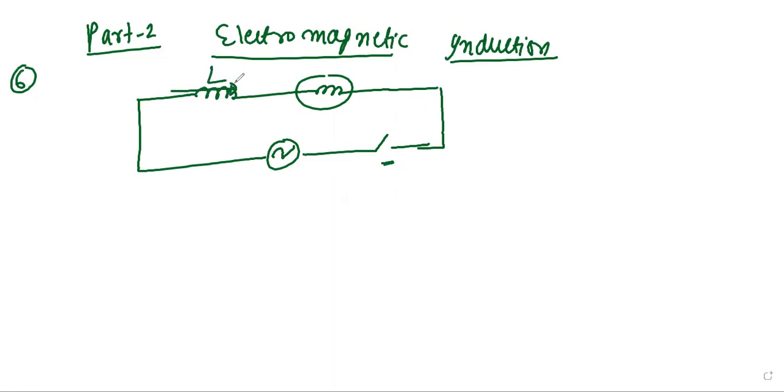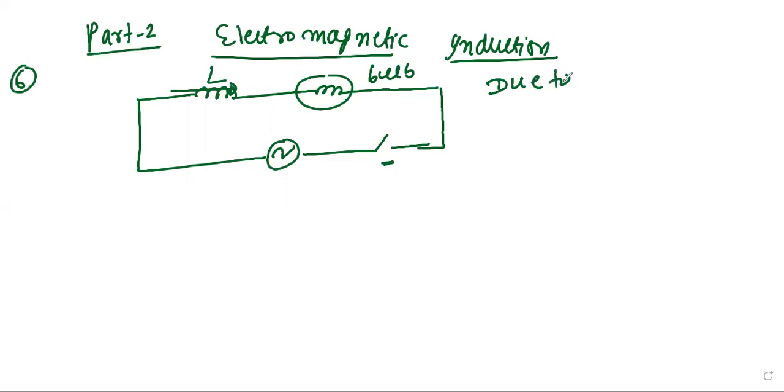So the glow of the light. It is asking what will be the effect on this bulb. It was asked in 2020. Let's see, due to insertion of the iron rod, the inductance of the coil increases, right? If any material is inserted into the inductor, the value changes, thus increasing the impedance of the circuit,